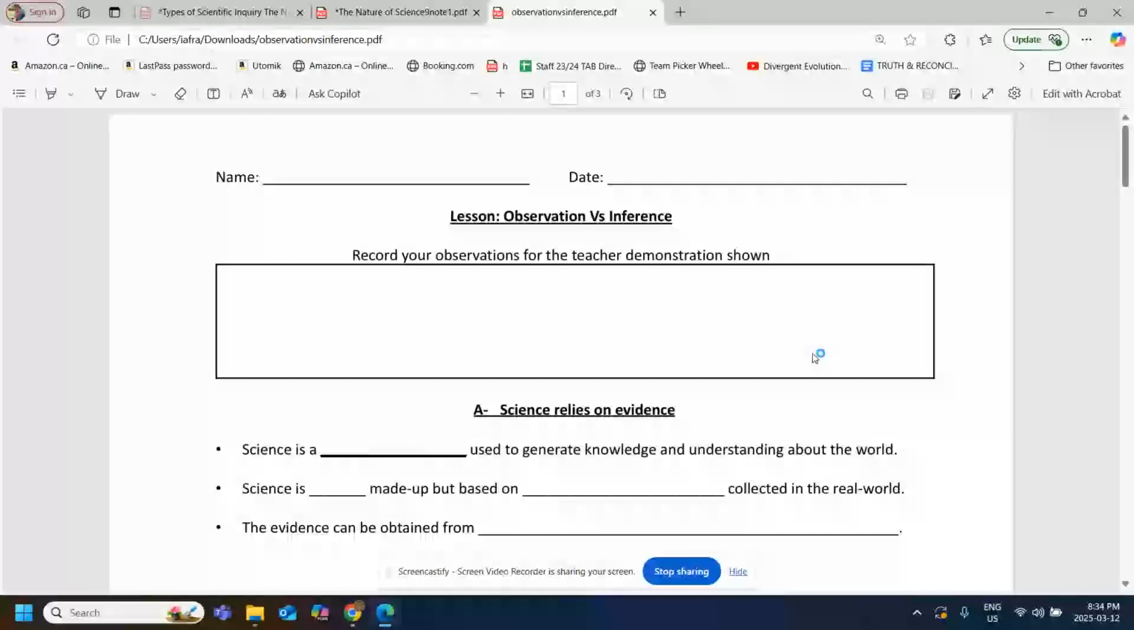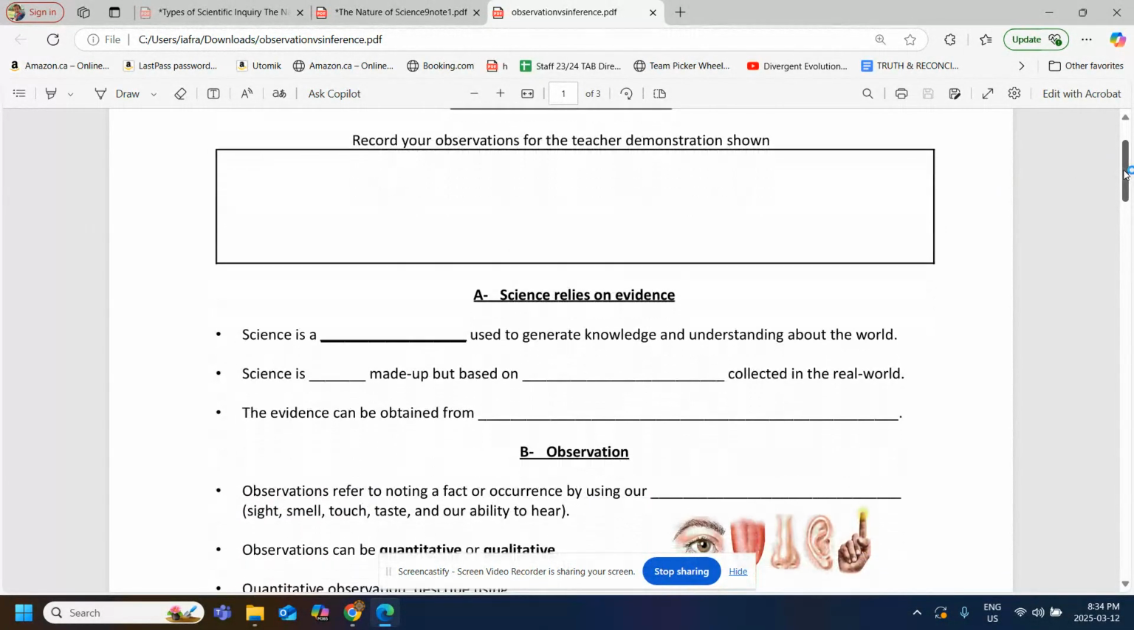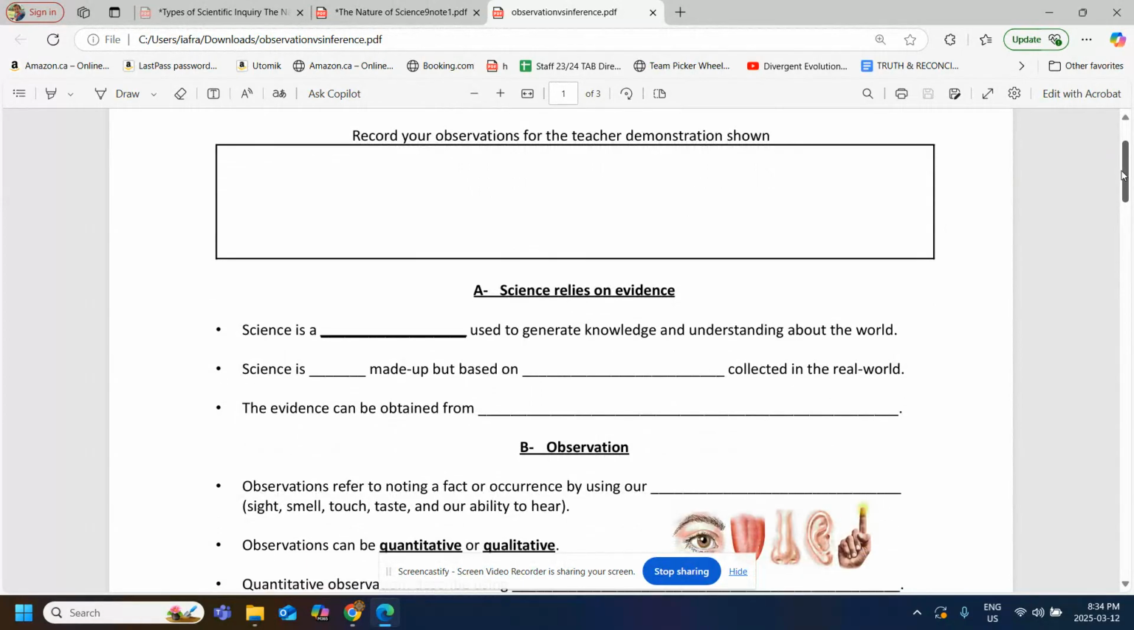In this video, we're going to review the concepts of observation and inference. Remember that we saw in the last lesson what science is. We saw a definition, and we learned that science is not just knowledge, but rather a process used to discover or generate that knowledge to understand the universe, the world around us. So we know that science is not made up, but is instead based on actual evidence